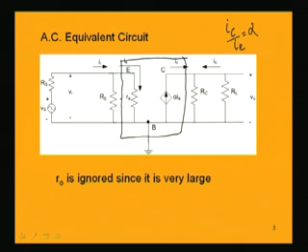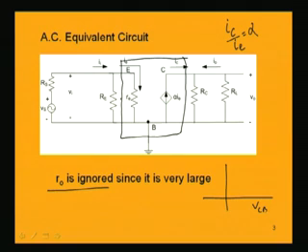Now, one thing to note here is that we are ignoring R naught, the transistor output resistance. R naught is neglected here, since we know that for a common base transistor the output resistance is very large, even larger than the common emitter. We have seen earlier that the output current, that is the collector current, is almost horizontal with respect to the collector base voltage,